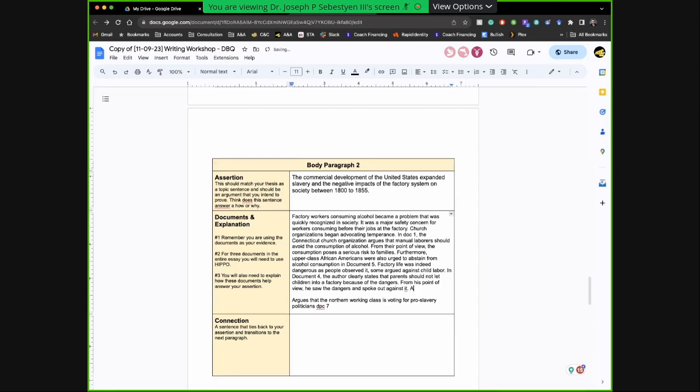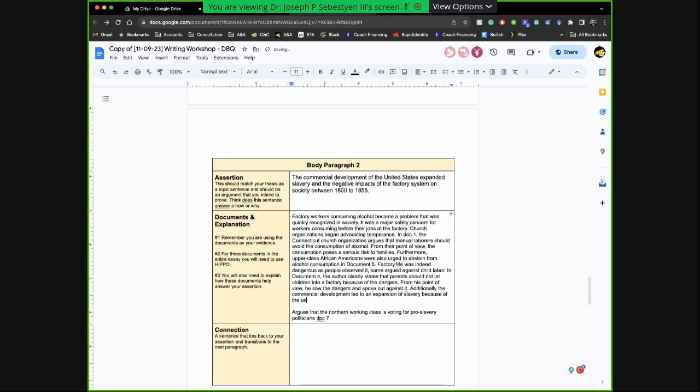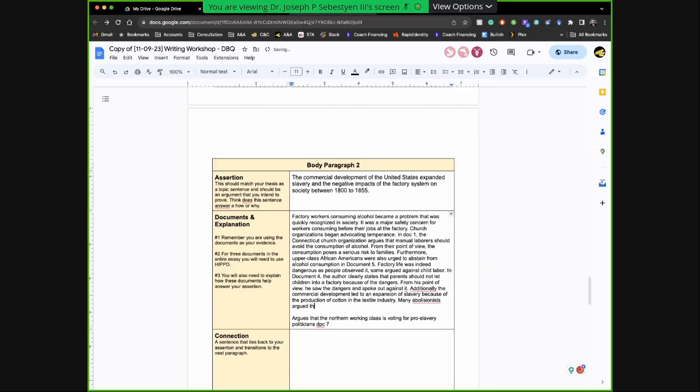So additionally, commercial expansion, production of cotton in the textile industry. Many abolitionists argue